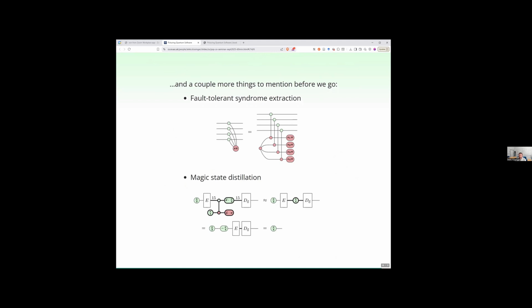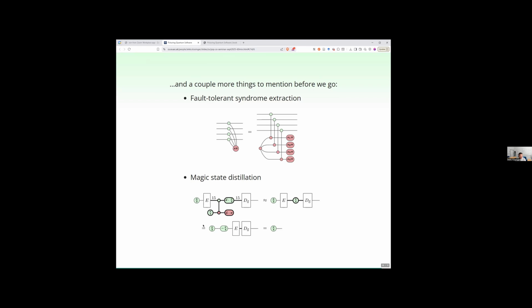And yeah, I guess I'll just mention a couple more things. But I'm almost done here. So fault tolerant syndrome extraction looks very nice in this picture. So here is a kind of high level picture of a multi-qubit measurement, and here is Shor style syndrome extraction. And what's the difference in these things? Well, I've just unfused some spiders, right? So you can take advantage of this to think about a lot of things in the fault tolerance literature very easily.